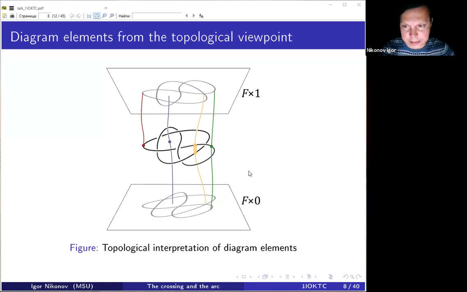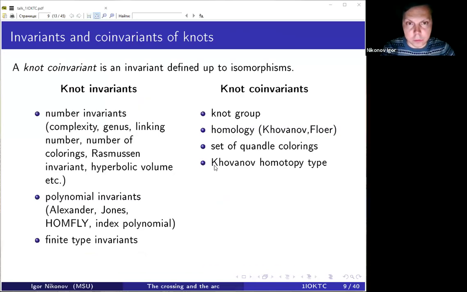To be more precise, the isotopy classes of such paths are not a universal invariant of arcs and crossings, but they are a universal co-invariant. What do I mean by co-invariant? If you look at node invariants, you can note that we can split this set of invariants into two groups. The first group is